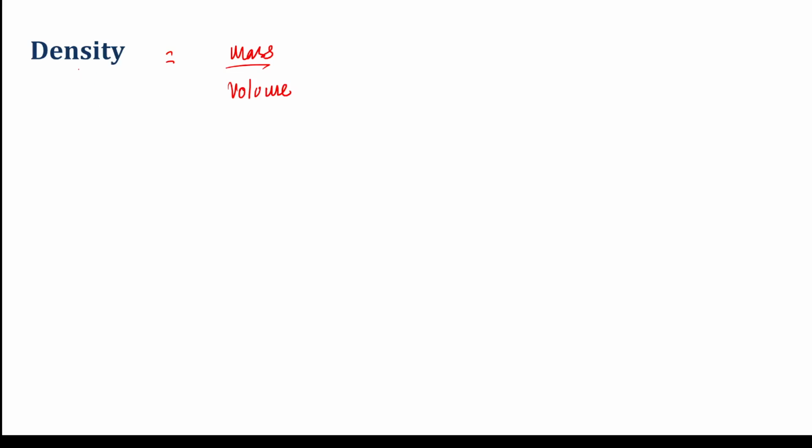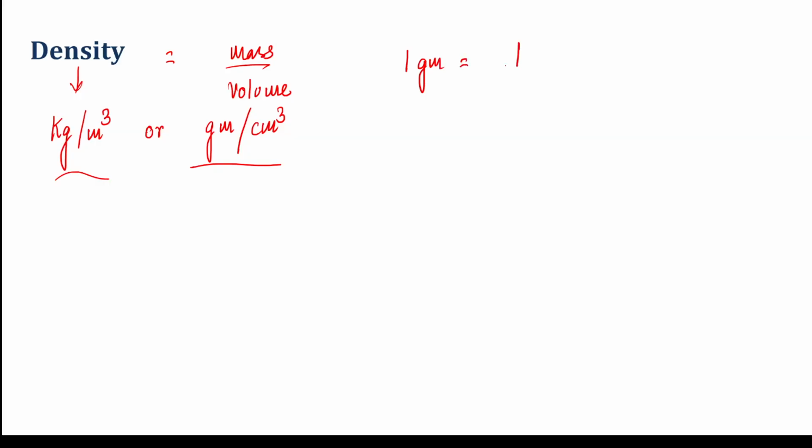Now density, what is the meaning? It is how much mass is contained in a given volume. As with any other physical quantity, you need to know the unit. The density is measured in kg per meter cube, or sometimes if the mass is given in grams and volume in centimeter cube, you can also calculate density in grams per centimeter cube. But be careful what unit they have given you in the question. If the unit is grams per centimeter cube, you don't need to convert it. But if the unit is kg per meter cube, you need to convert grams into kg,